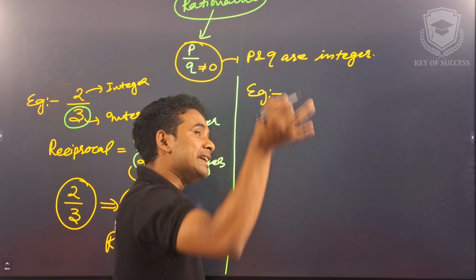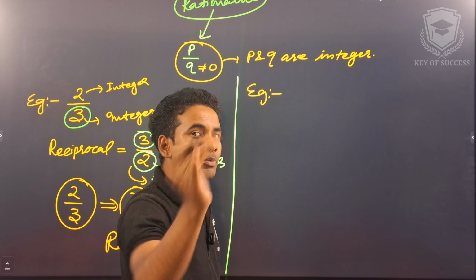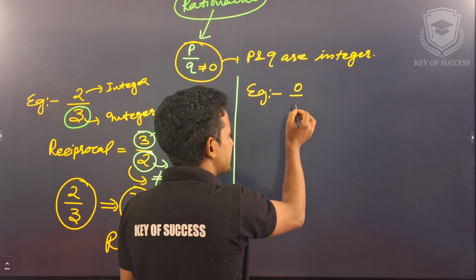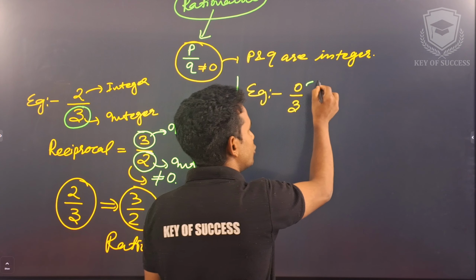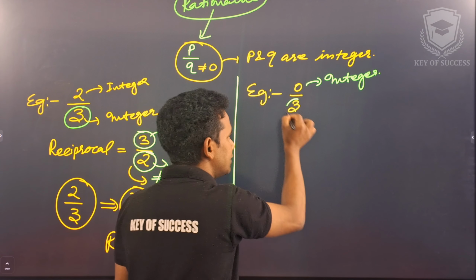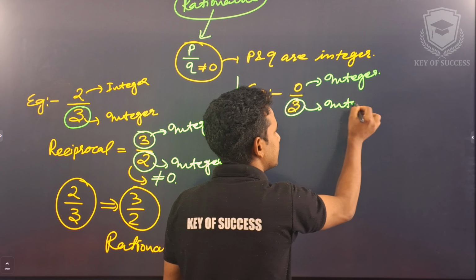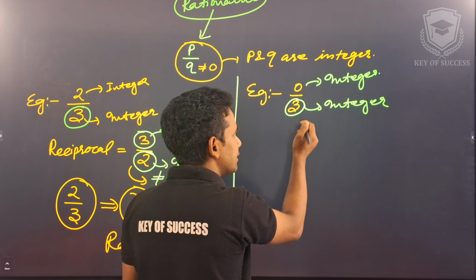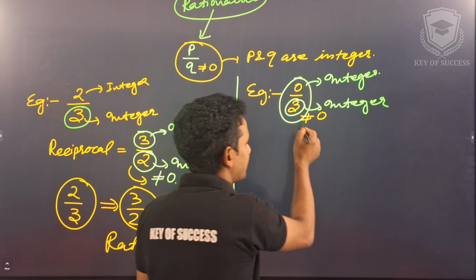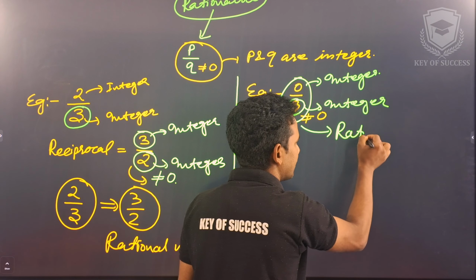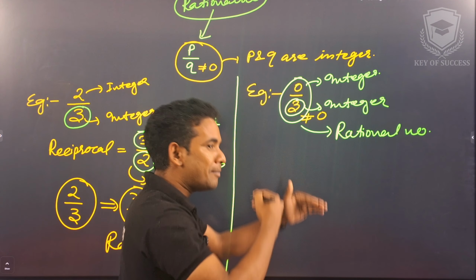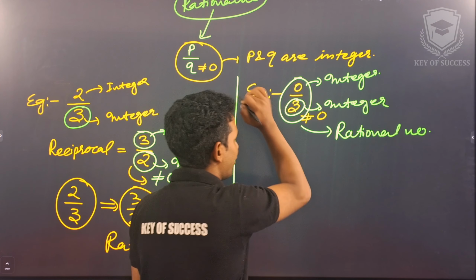Where we will take the numerator as 0, but the denominator not as 0. That is 0 divided by, suppose, 3. Here, what is that numerator? That is an integer. The denominator is also an integer, where the denominator is not equal to 0. So I can say 0 divided by 3 is a rational number. Okay, now if I am taking the reciprocal of that,